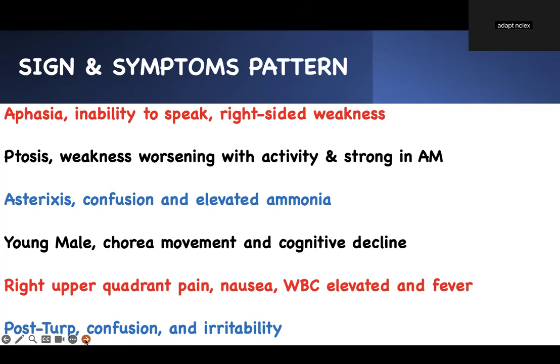And if you have a young guy, you're walking like a snake, and you're having cognitive decline, hey, that's Huntington's disease. If you have right upper quadrant pain, your white count is elevated, you have fever, nausea, cholecystitis. After TURP, and you're confused and irritable, hyponatremia. I know you got it. I know you get 6 out of 6